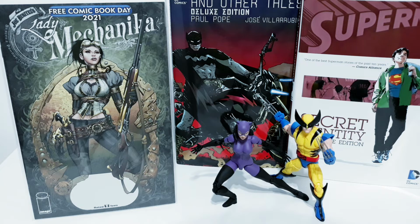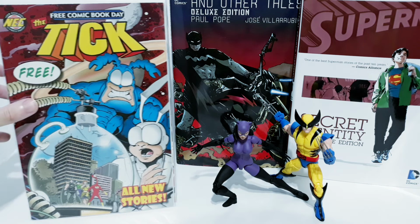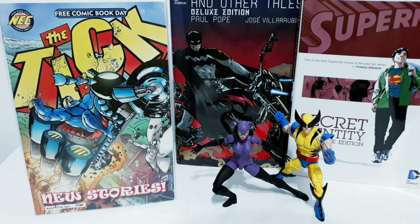Here we have Lady Mechanika 2021. Another mini collection I'm trying to complete. Here we have the Free Comic Book Day issues for The Tick. And here I have the one in 2014, 2017, and unlike the Blade Runner comics, I've always known there are the thick comics, but I never really paid